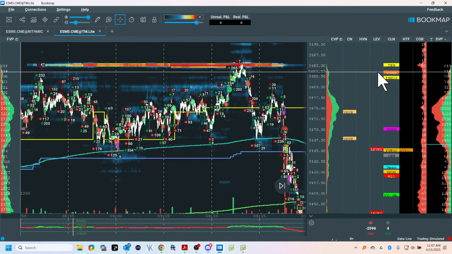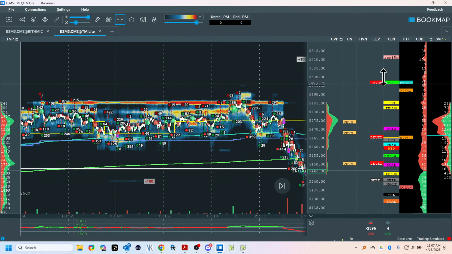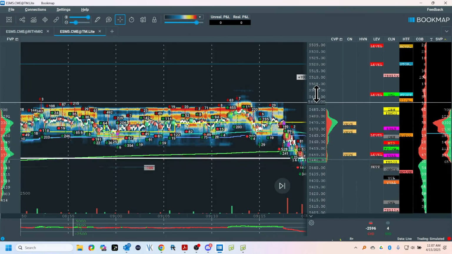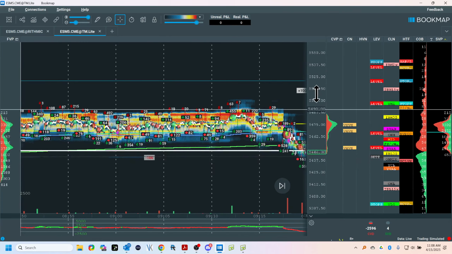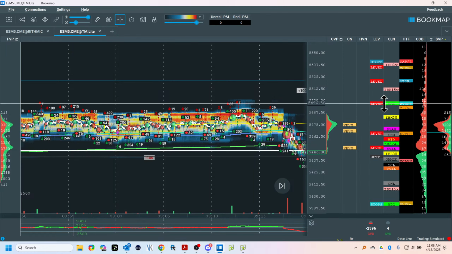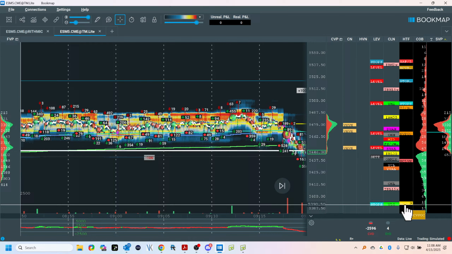I have a statistic here, and I'm also going for this. If we can clear, there's fuel up here. Now, I don't know if we're going to do it. We have an 85% probability, past performance not indicative of future results, to take out the previous high or low, and I couldn't tell you which one it's going to be, except I know what happened yesterday. So, theoretically, that's what I'm trying to do.